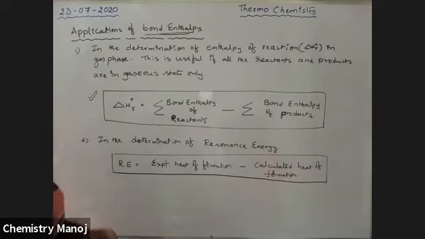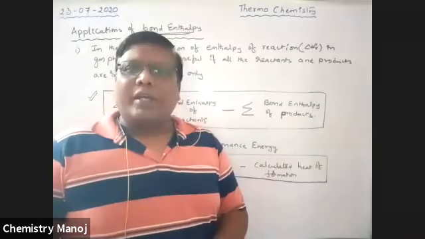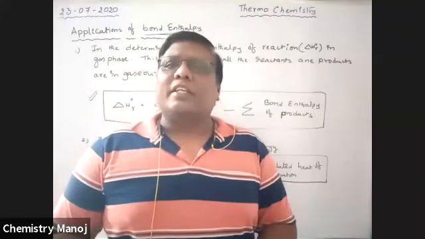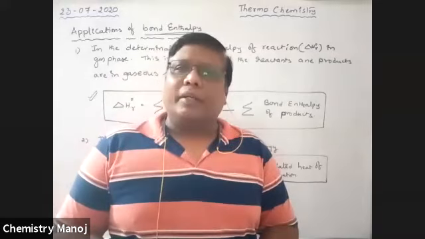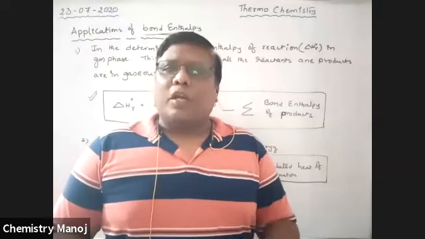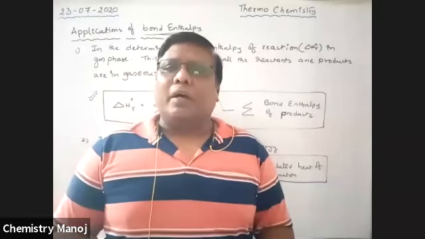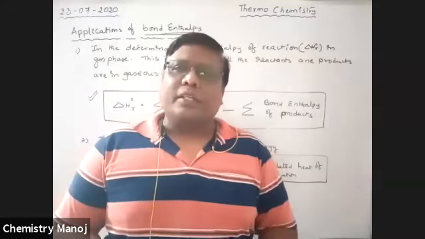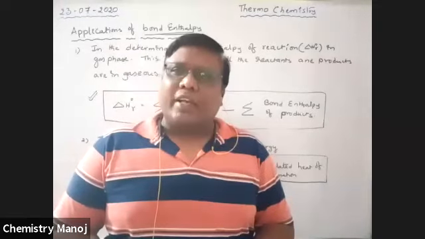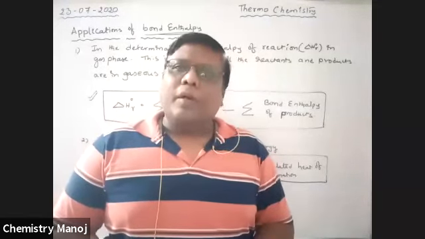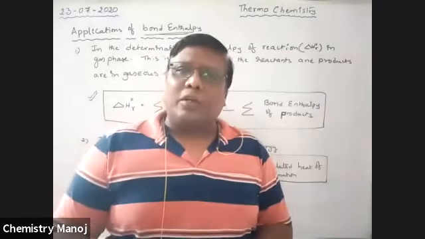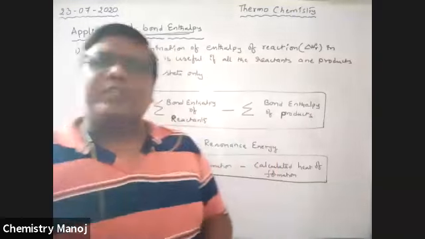Next, one more. That is the resonance energy. That means some molecules in nature cannot have their structure or properties explained with a single structural formula. So those molecule properties are explained with the help of two or more structures. That means a molecule exists with two or more structures without changing the position of the atoms and sigma bonds, but due to the change of pi bonds and lone pairs. I will clarify the concept in chemical bonding. So that concept is called resonance.